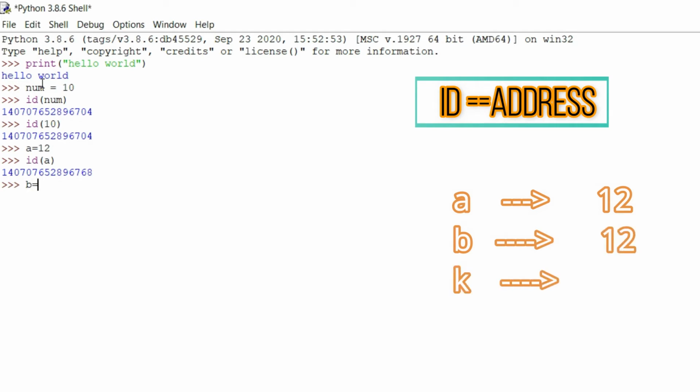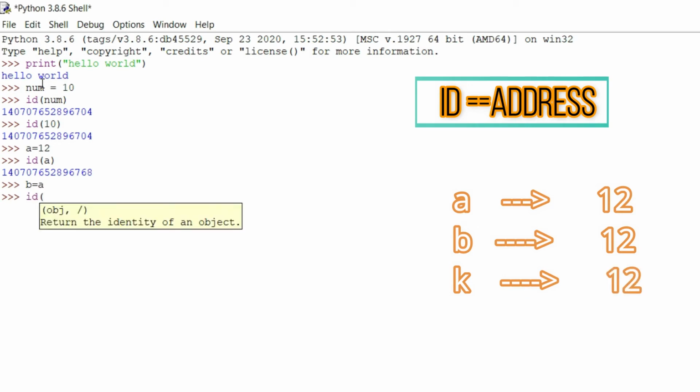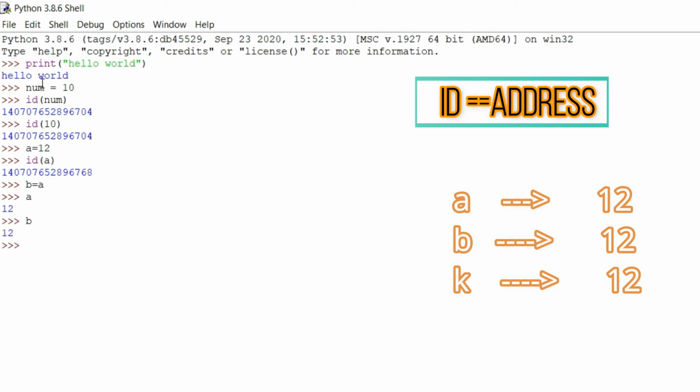If I assign a variable b equals a, what if I want to know the address of b? Would it be the same or different? First let us print the values. a's value is 12, and b also has the same value.